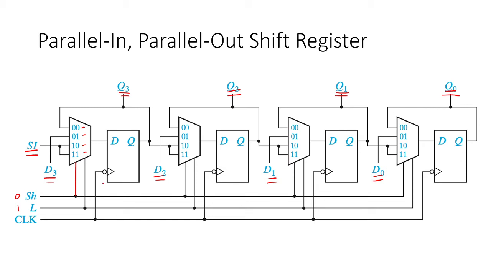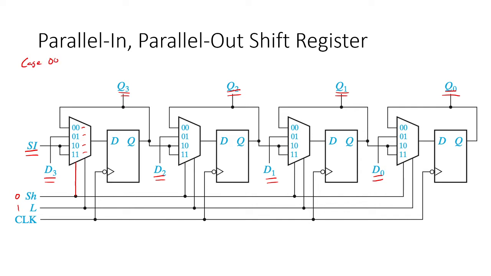There's no clock enable here. So the clock is always churning, and so the flip-flops are always updating. And so what we really have to do is just control what happens when the flip-flops update. And that's where this multiplexer comes in. So for the case 0, 0,